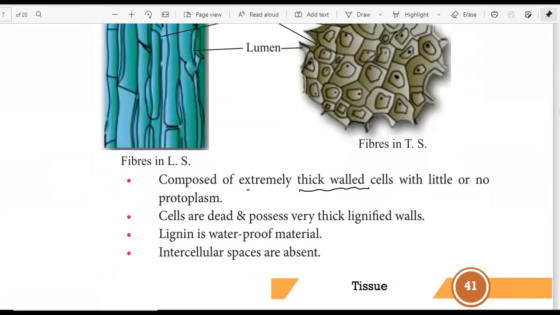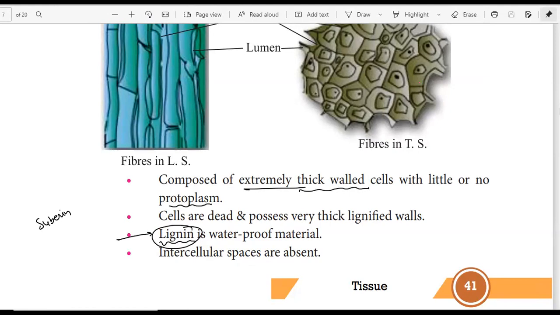So, composed of extremely thick cell wall with a little or no protoplasm; either there will be a very small protoplasm or none at all. Cells are dead and have very thick lignified walls. And here we have the waterproofing material that is called lignin. So we have studied two types of waterproofing material: one is suberin, and another one is lignin. So lignin is actually present